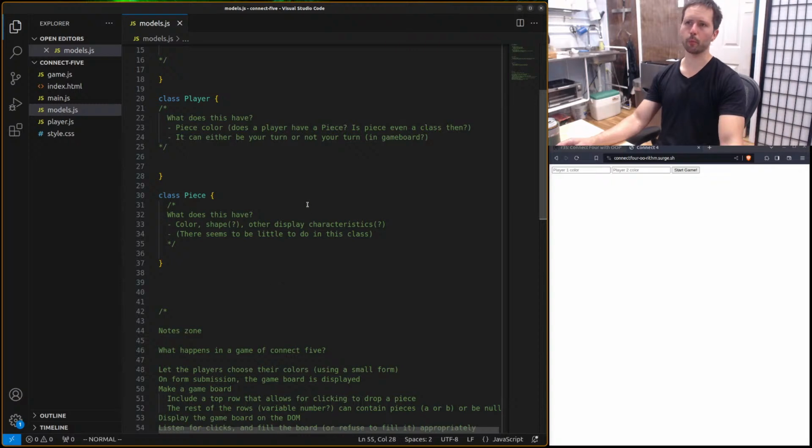Perhaps it could be a property on the player class called current turn, set to false if it's not their turn and true if it is. So you could pass into the player object, or set player current turn equals this. But I think I like the idea of that being done on the game board better. Why do I like that better? It's because